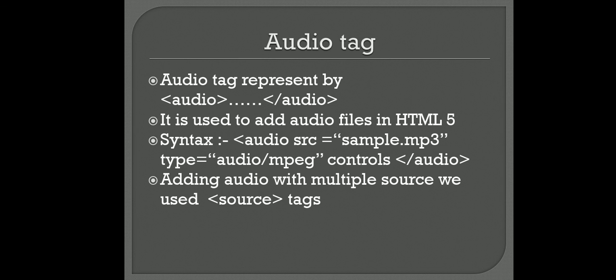Next is the audio tag, which is used in HTML5, and the syntax is used to add an audio file in HTML. Say you have certain audio you are speaking and you want to put that audio, then we use this tag. The syntax is the audio source, what type of source, what type of audio it is, MPG, and controls, that is on and off. Controls are nothing but on and off, sometimes you want to rewind, sometimes you want to pause, sometimes you want to play. And one more thing: if you want multiple files to run, then we go with the source tag.